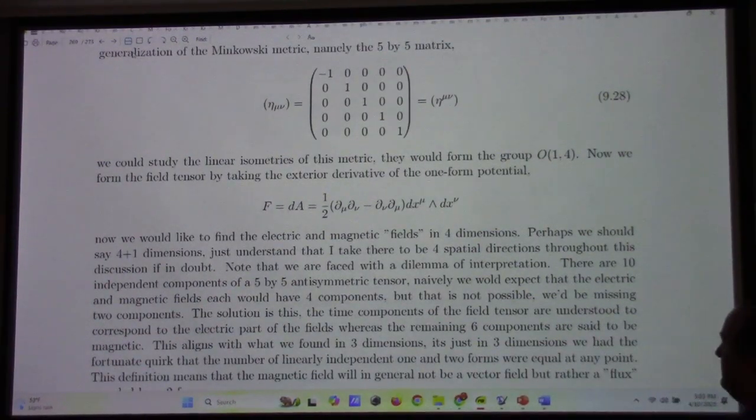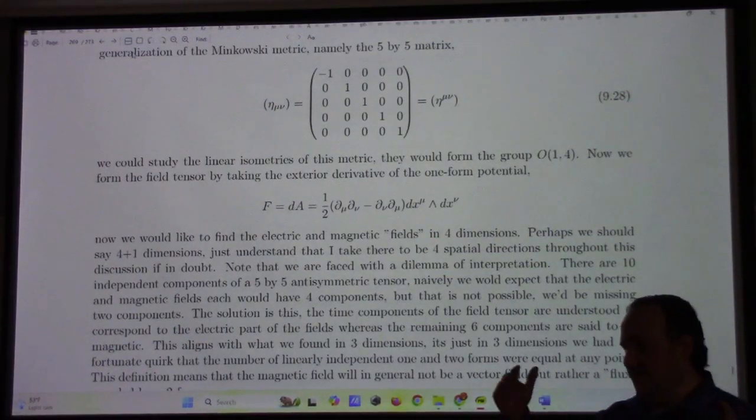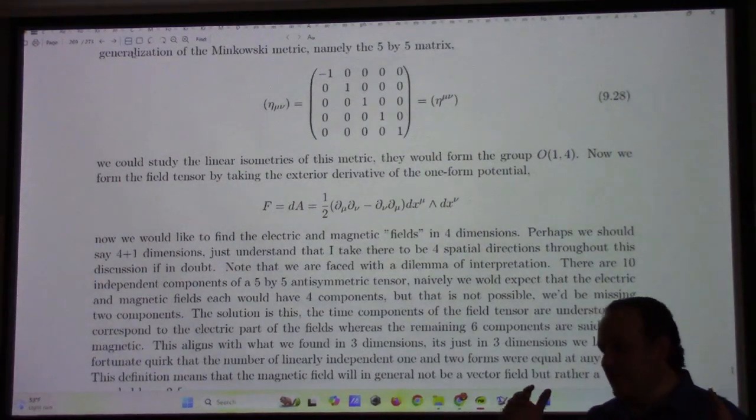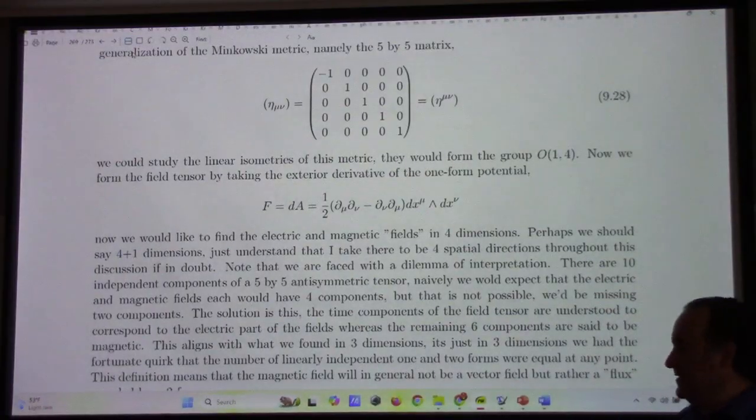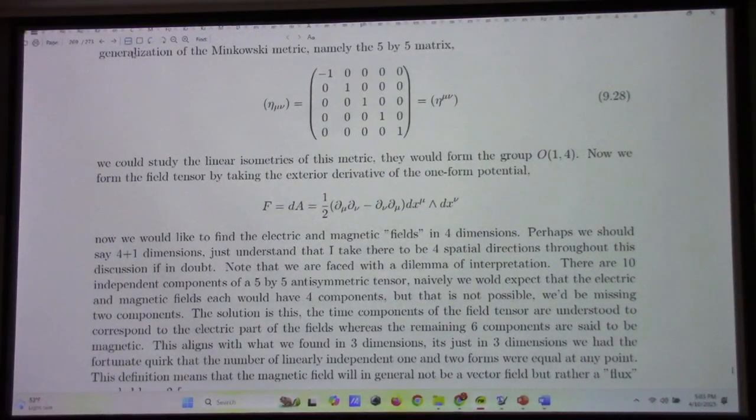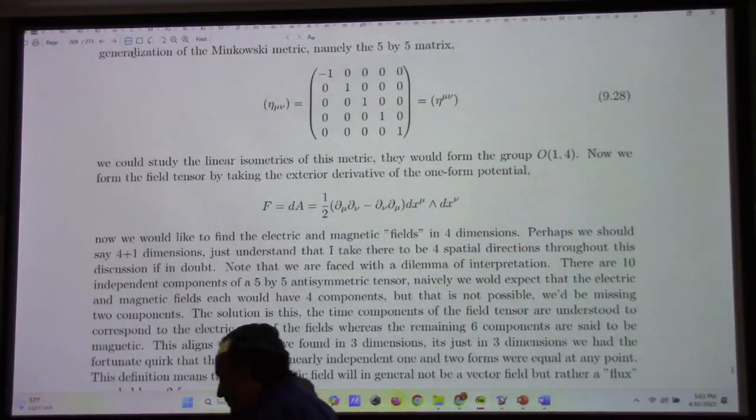And so if 4 of those are the electric field, right? That leaves us 6 components left over for the magnetic field. So if you're talking about electromagnetism in 5 dimensions, all of a sudden there's not this duality between electric and magnetic fields. There's an electric field and there's what's called a magnetic flux. It's no longer a vector field. It has to be thought of as a differential form. This is the nature of higher dimensions. This is part of why string theorists have to work with differential forms in order to understand things in higher dimensions. It's just the formalism that you need. Anyway, so